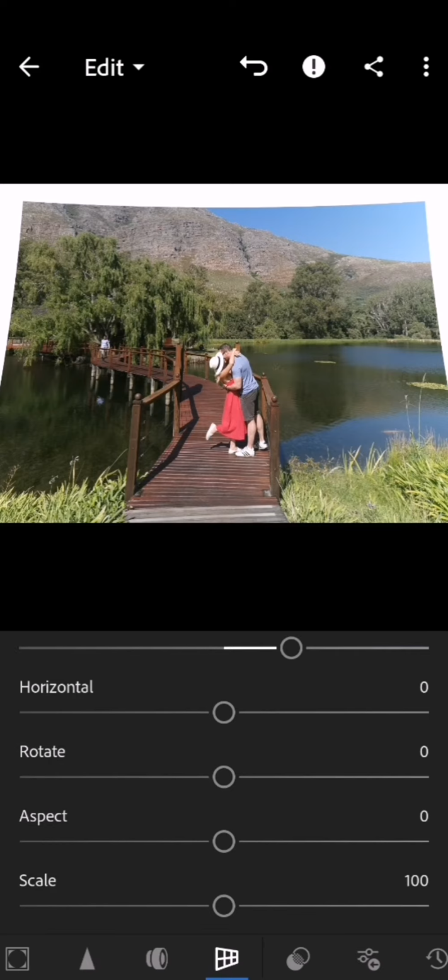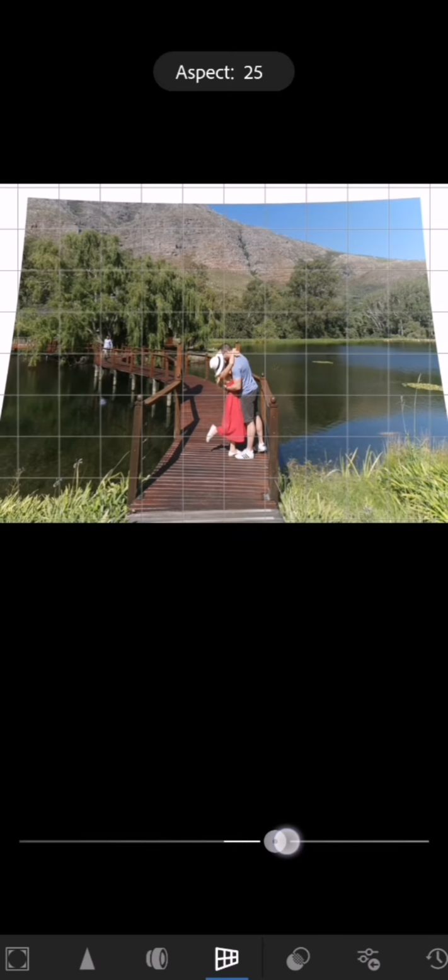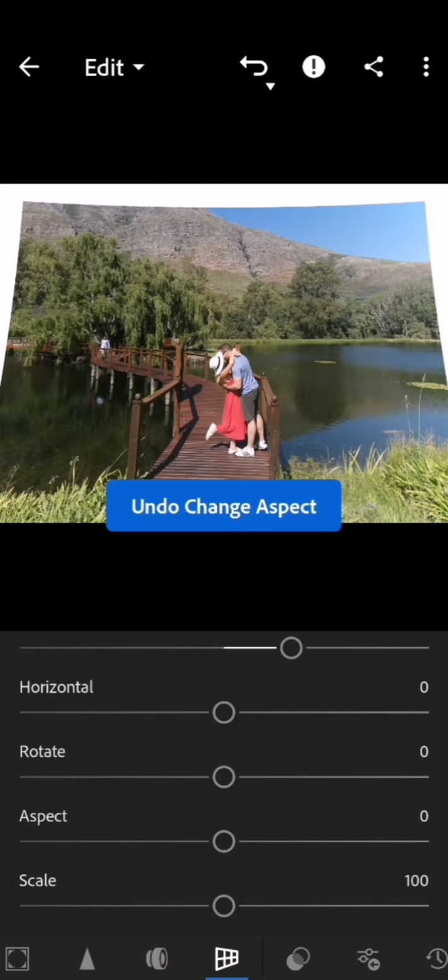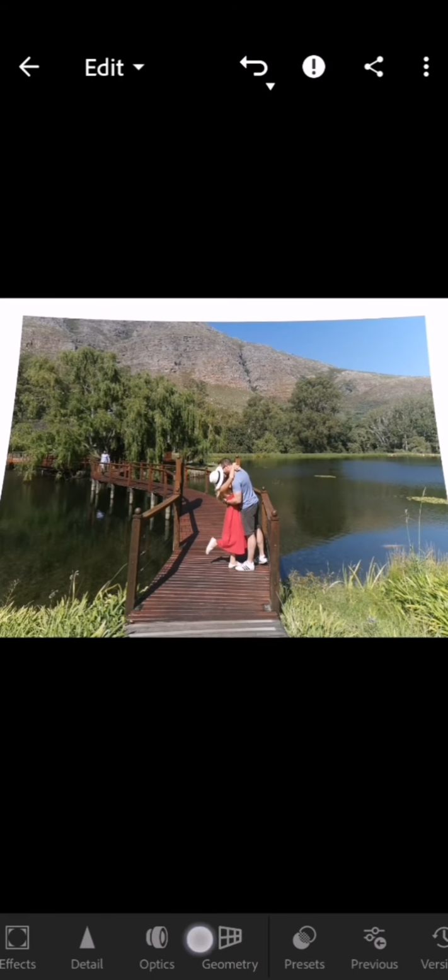Sometimes I would also use the aspect. I don't think I'll use it for this photo, but just to show you what it does, it stretches the photo vertically up. I'm just gonna undo this because I think it's a bit too much for this photo. I don't need it. After I play around with the geometry, I go to the crop